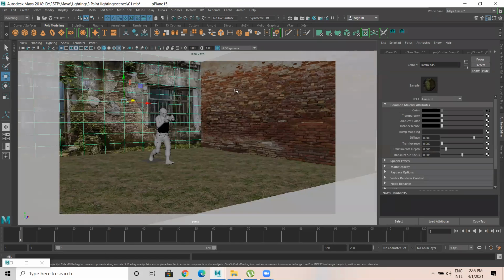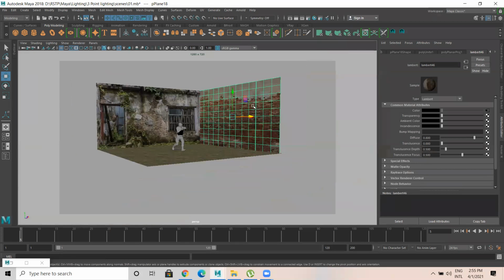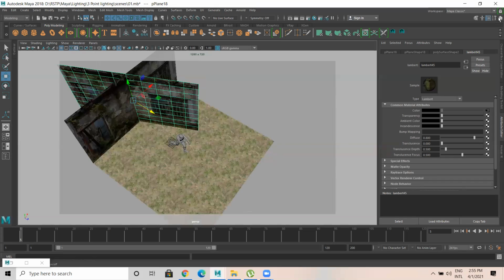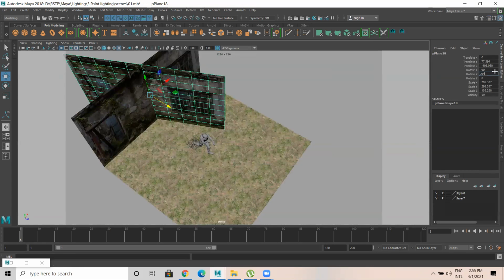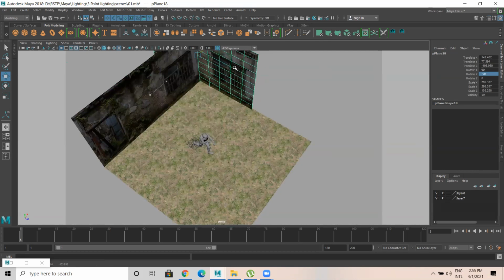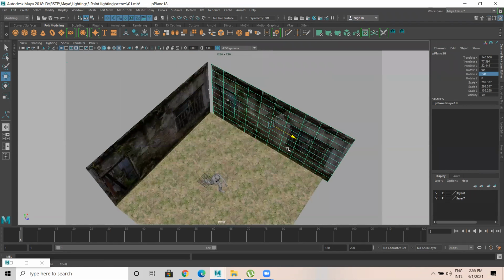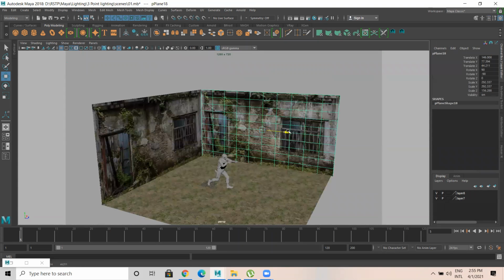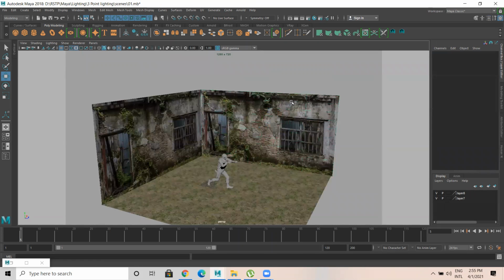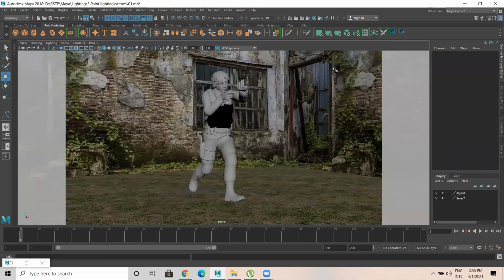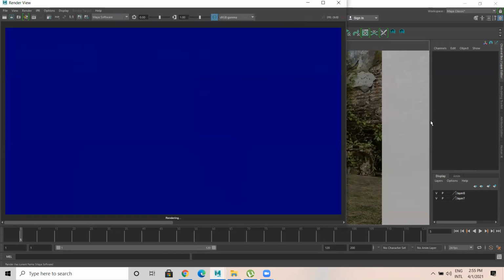Or else you can have that one only, or I'm just trying to make things better. -90. Okay, this seems good. I'll take a render.